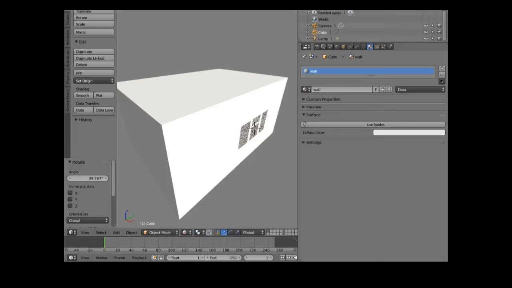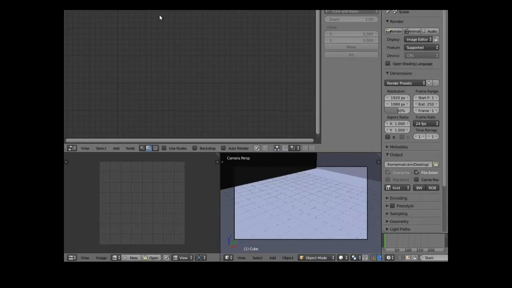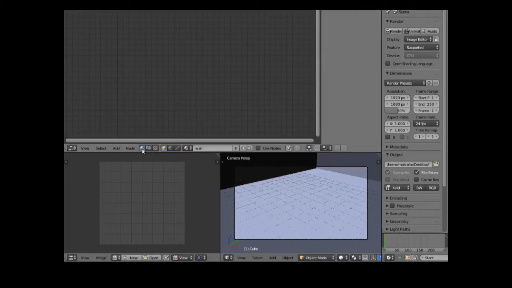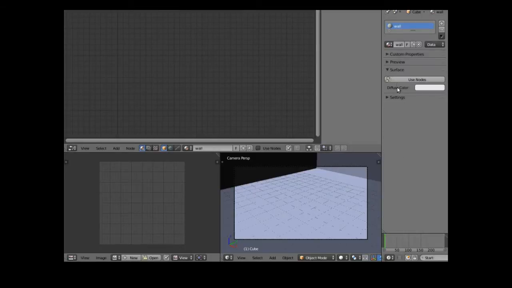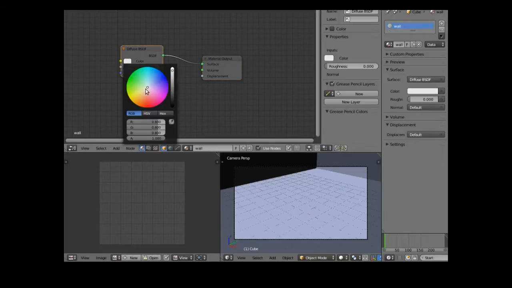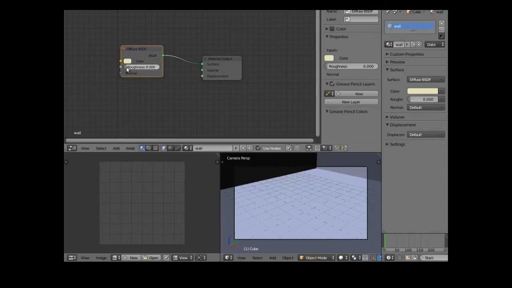Well, we go into compositing, use nodes, click on the shader tree, and we haven't hit use nodes on materials here, which we need to do. Yeah, there we go. Right, so I'm going to make this a kind of creamy colour, an off-white colour, not too dark, otherwise it won't bounce the light up off it. I'm going to take the roughness right up,